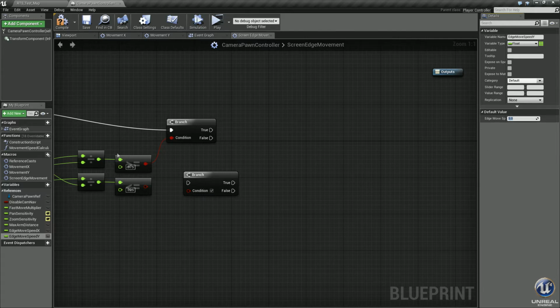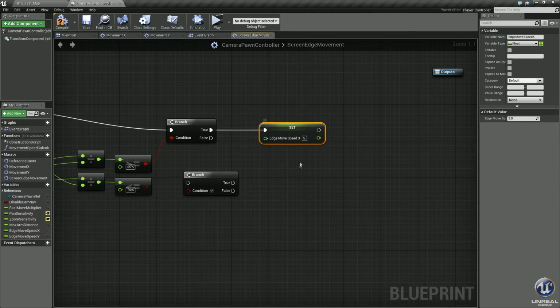Okay, so now we need to get the edge move speed X, and we need to set it. So if this is true, drag off into here, and we will set this value to 5. I know it's defaulted here, but even though it's defaulted to 5, we need to set this because this value will change.